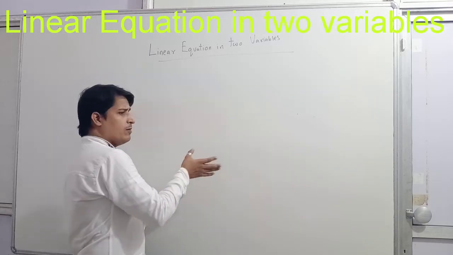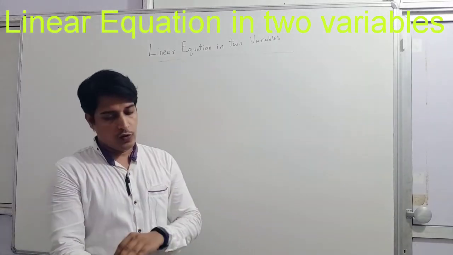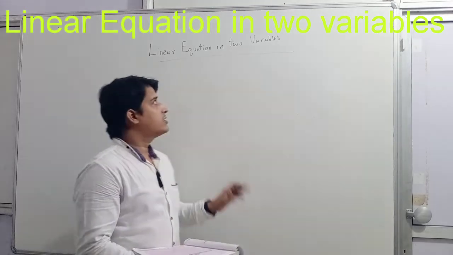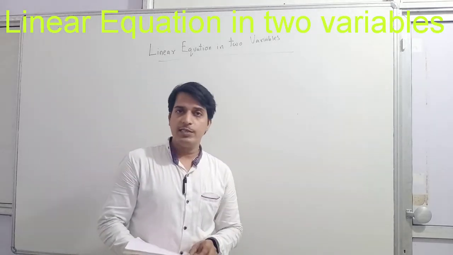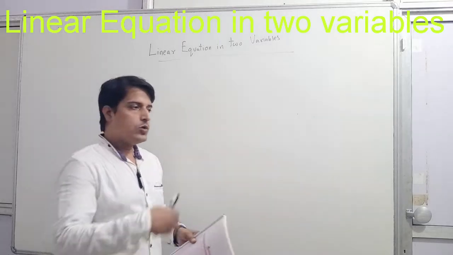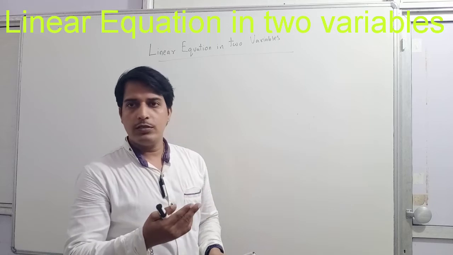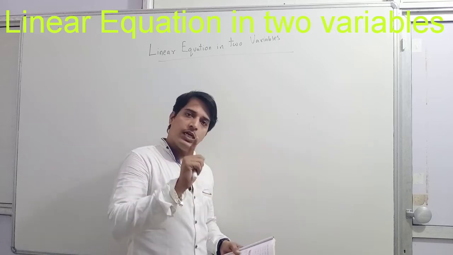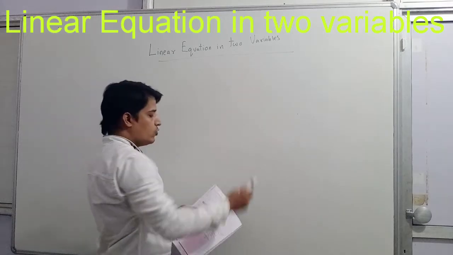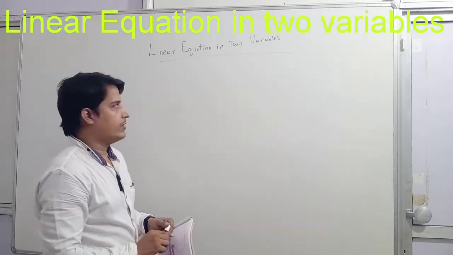Now, basically we are moving up to the exercise part without wasting much of your time, because the initial part of this chapter was covered in your earlier standard, in your 9th standard. We know what is equation. We also know what is linear equation. Linear equation in two variables. Linear equation is also there in one variable. But the chapter is linear equation in two variables, where we are having your exercise 1.1.